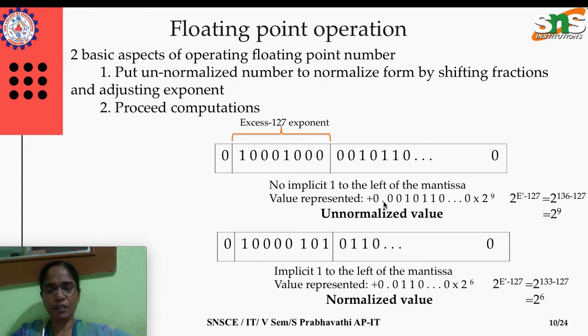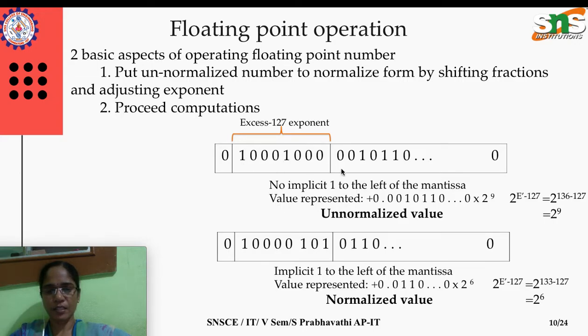Before the binary point there is no implicit 1, so since the sign bit is 0, it is plus, and with no implicit 1, it is 0, then the mantissa as it is, times 2 to the power